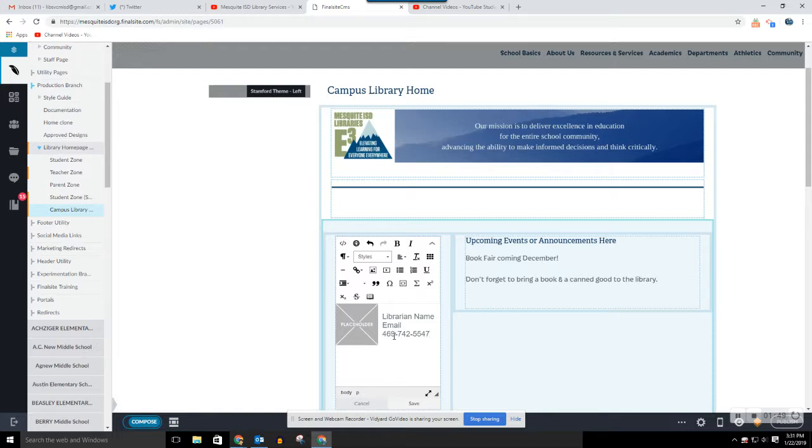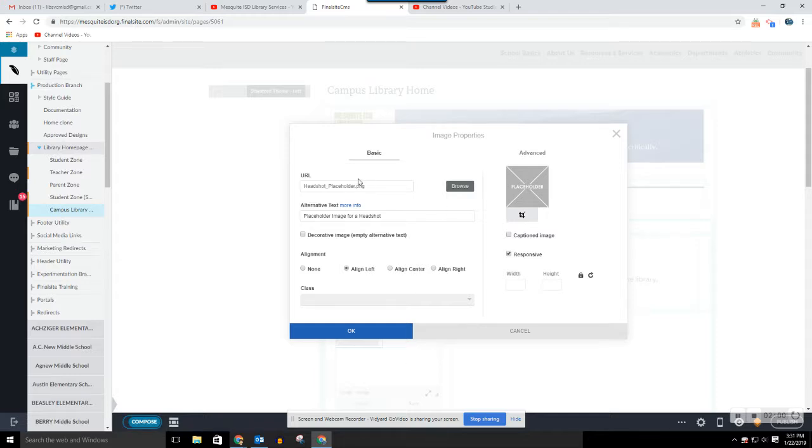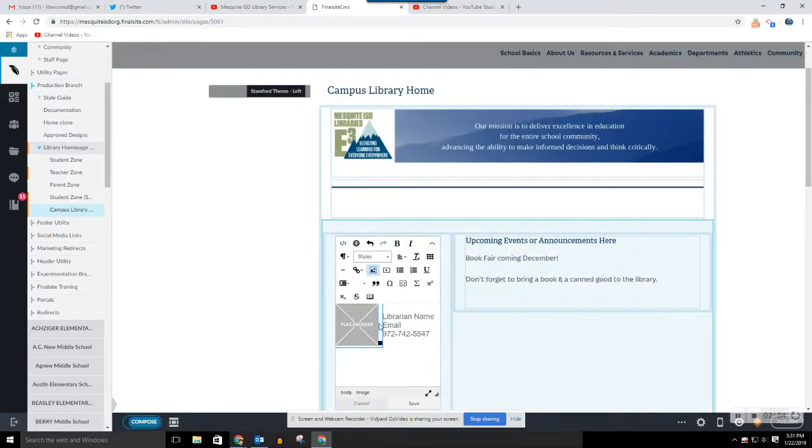And then choose Save at the bottom. To add in or change a picture, you can click Edit Image or Image Properties and then change that, or you can go ahead and delete that image